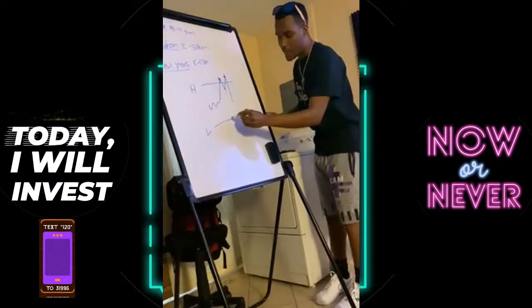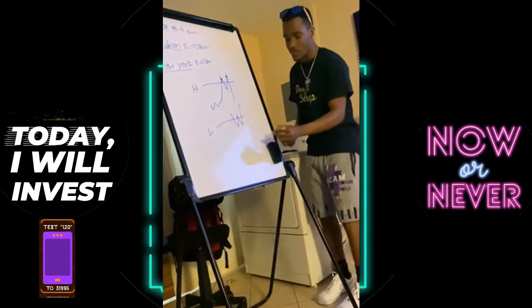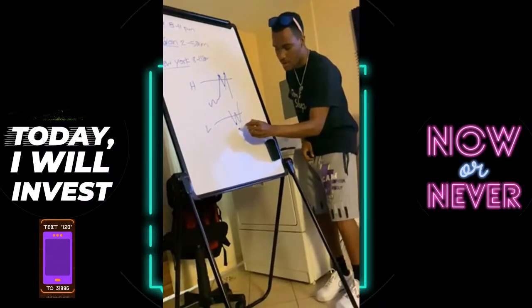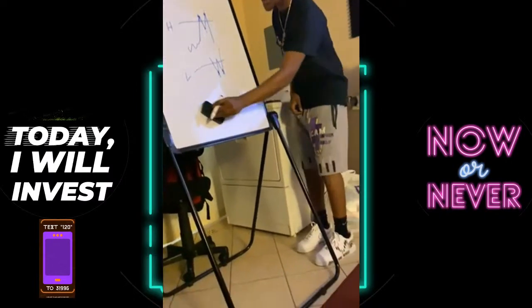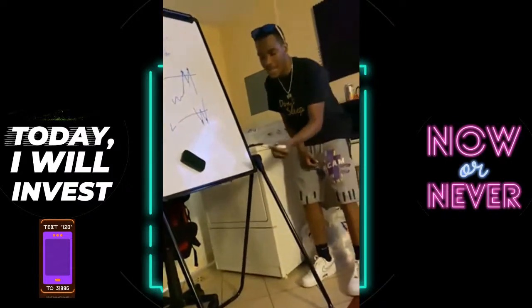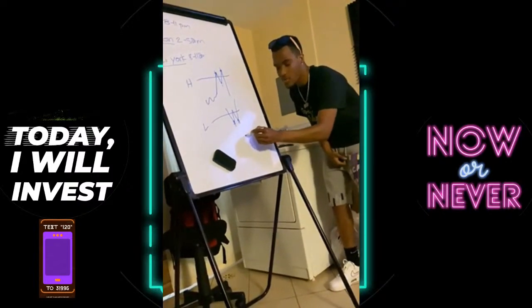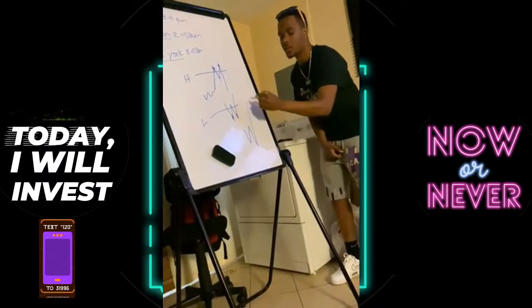So same thing can happen at the low price. It's a W. One right here, you buy right here, you buy right here. Sometimes, like I said, it's manipulation in the game, so they're not gonna give it to you clear as day all the time. You might see a W pattern like this.